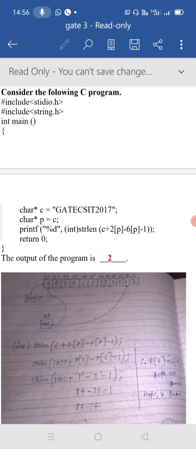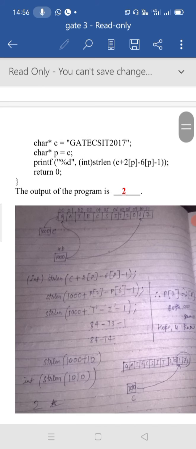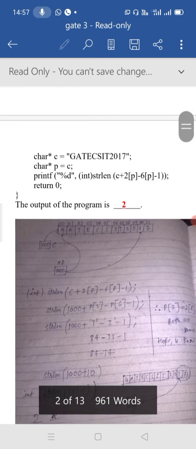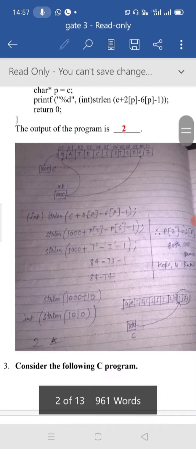So after completion of the expression we got the value 1010. So 1010 holds the value 1 and continued by 7. So the c value contains 17. It is an integer value, so the total string contains the value 2. So the size of the string is 2, the answer is 2.